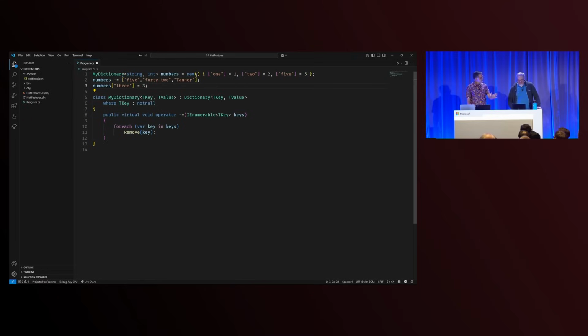So that's that feature. That's the reason why we are using dictionaries here in this example. That's because we want to talk about dictionary expressions. We have a dictionary up here that's actually constructed with an object initializer. I'm going to reformat it slightly, because it looks a little odd to me. It irks me, and I don't like it.